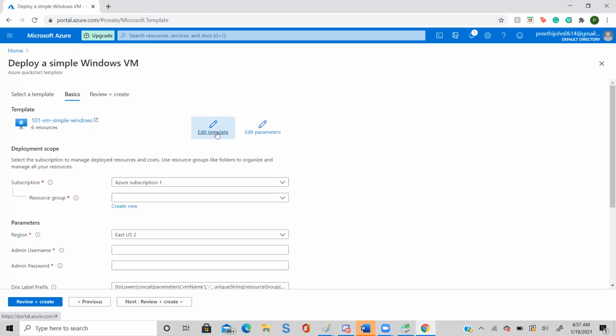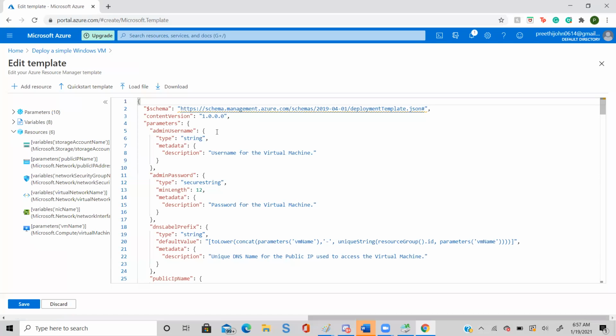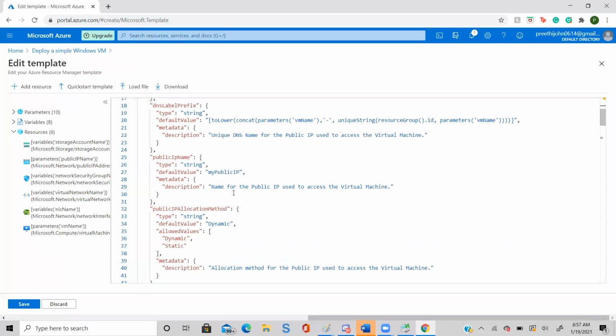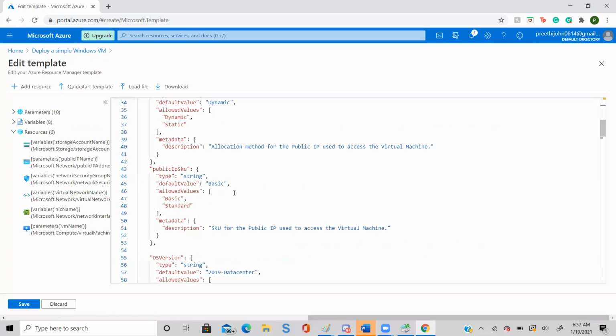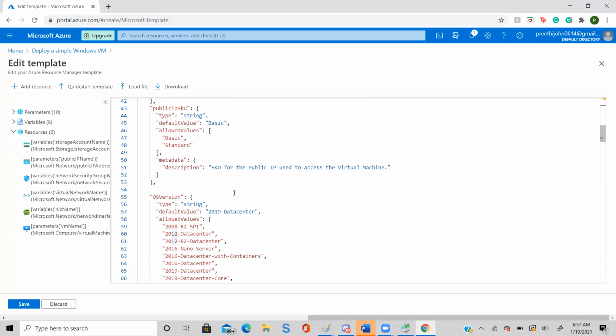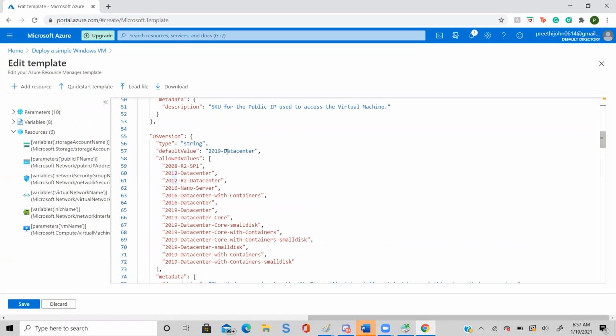So when you click edit template, you will find that Microsoft has already defined everything. Password must be 12 characters, right? Everything it has already defined. By default, it is using Data Center 2019.